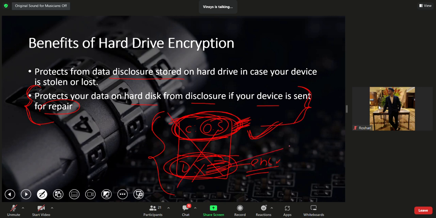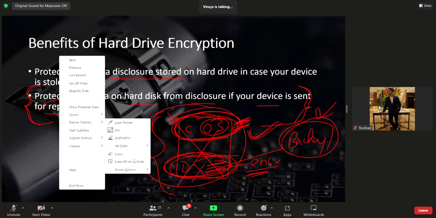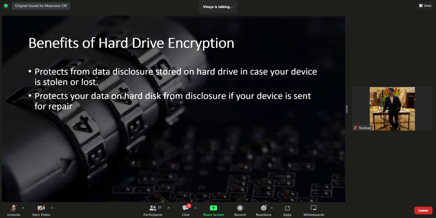So that we have already seen. You must have a good backup of your data. So you should always have a good backup, and your drive is encrypted. Even if you have sent this laptop for repair, nobody will be able to access your data if it is confidential. I have written these points myself. I have just seen what difficulties I have faced, and what the advantages of having this encryption are.